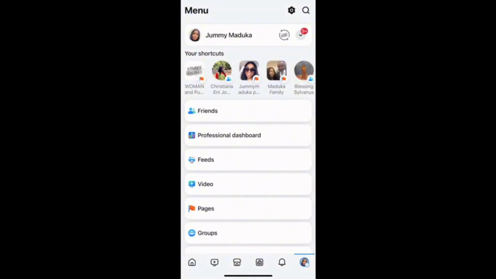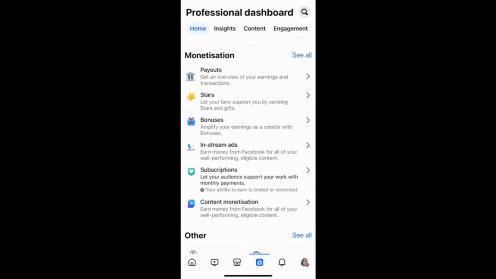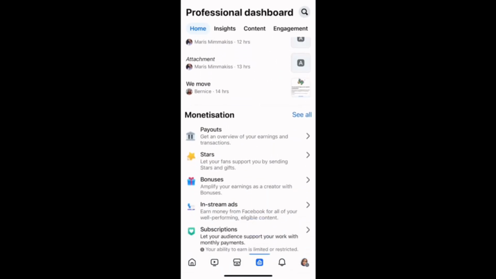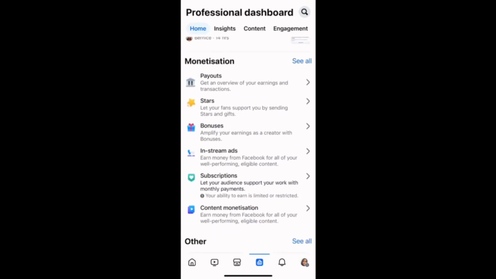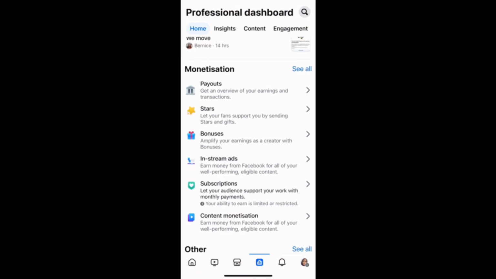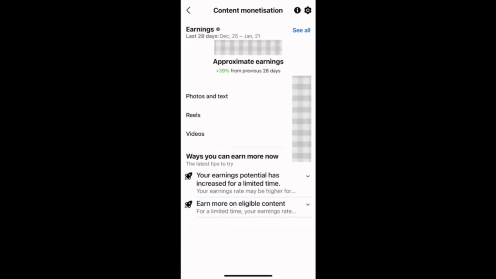Remember, on content monetization, your text, your reels, your videos, all of them are now in one place. So you're going to be seeing that in a couple of hours again. Once you check, you see that Facebook has added your text, your reels, your stories, all of that, what you're earning on each of them. Facebook has added it, which is exactly what you're seeing right here. My photos, my text, my reels, videos, everything has been added right here.